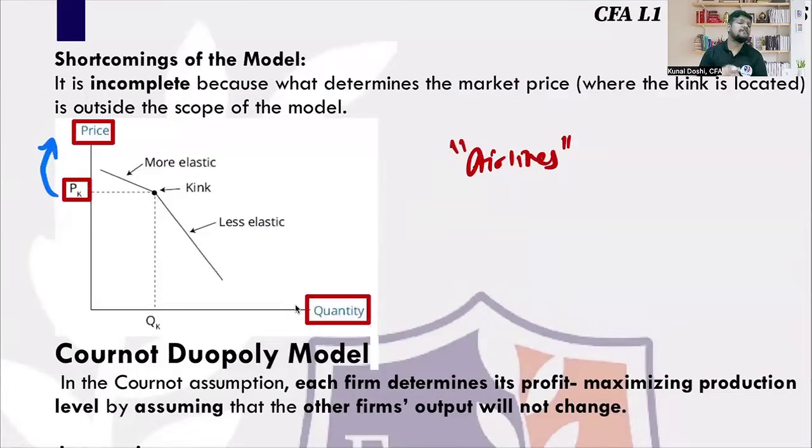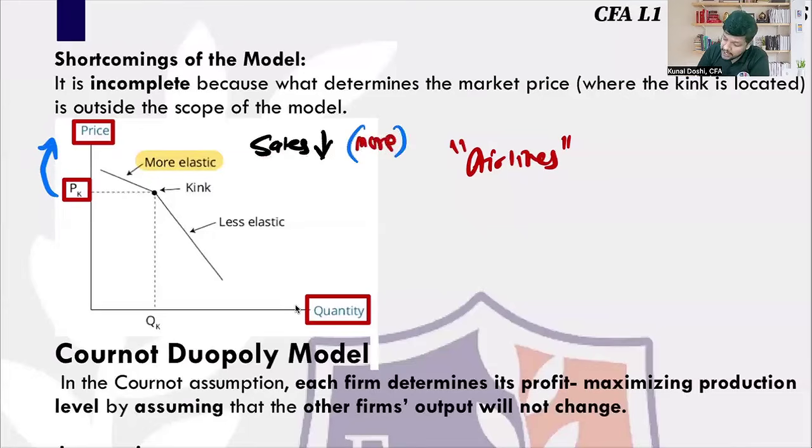The competitors will not follow. Competitors will keep the price as it is. So, if the price is increased beyond this point, I will increase the price, but the competitors will not follow. So what happens when the price increases? The sales will drop, but it will drop at a drastically higher rate because others are not following. Therefore, it will be more elastic on the upside. Sales will go down and it will be highly elastic, meaning the drop in the sales will be a much bigger drop in sales.